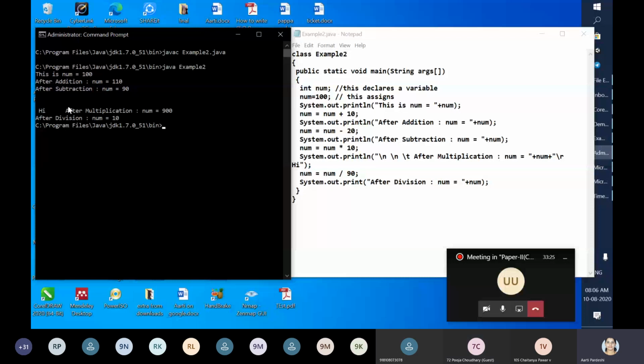Now see here. So here backslash n. So after 2 backslash n, almost 3 backslash n, because this println is also a backslash n. Then here we have written backslash t after multiplication, and just like how your typewriter is used to work, it's called carriage return. Means the typewriter, they used to press one knob which is going to take the next line, so it is going to work like cut.